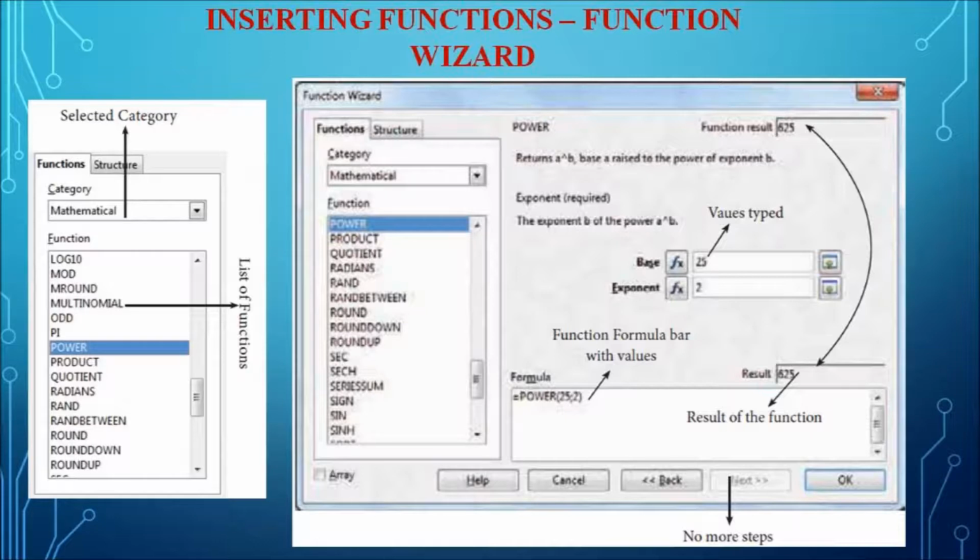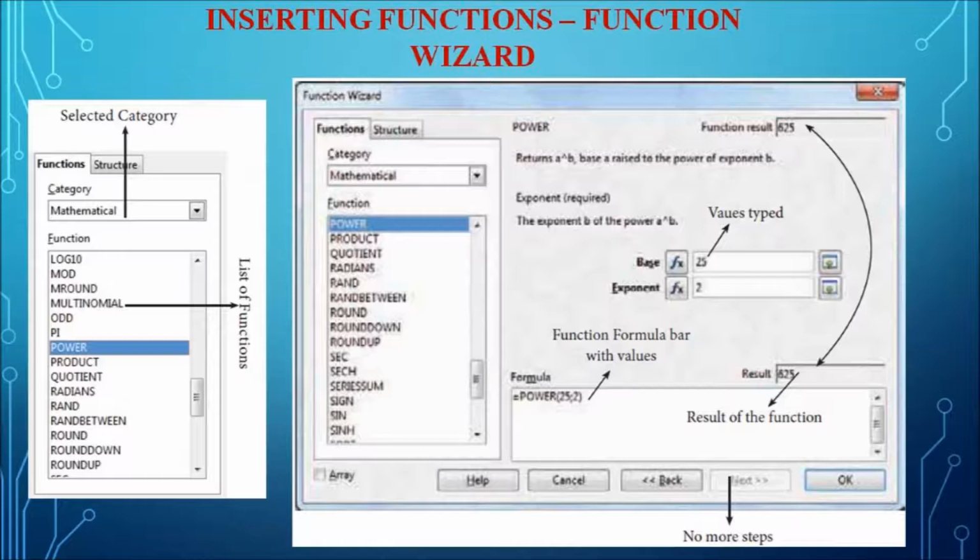That is the second step. Either the user can directly type the cell address, it is the first step, or the user can click on the button, and it automatically redirects to the worksheet. There the user can select the cell, that is A2. If we click A2, automatically the cell address will be taken. Like that the user can feed the inputs.